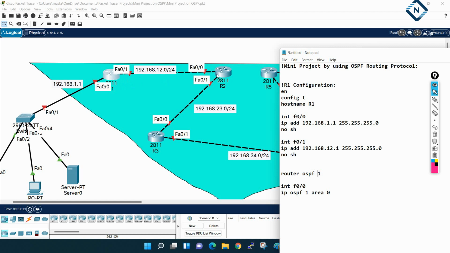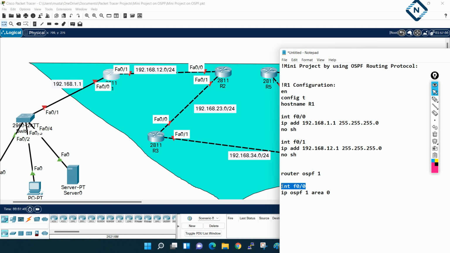But when you are configuring EIGRP, then you should have the same AS number here and here. But for OSPF, no issue. In OSPF, we call this a process ID. Okay. So what I did with this command, I enabled OSPF on the interface FastEthernet 0/0. Even if you use the network command, what we will do? We will check where we have this IP assigned, which interface we have the IP assigned, that one.